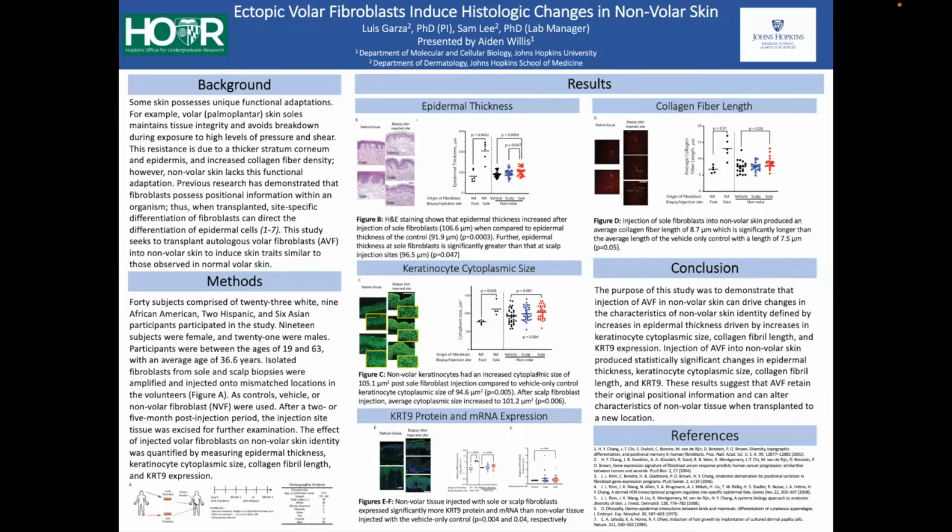By doing so, it is possible for these fibroblasts to signal the cells around them as they would in their original location. Therefore, we seek to alter skin identity by transplanting volar fibroblasts into non-volar locations to produce increased